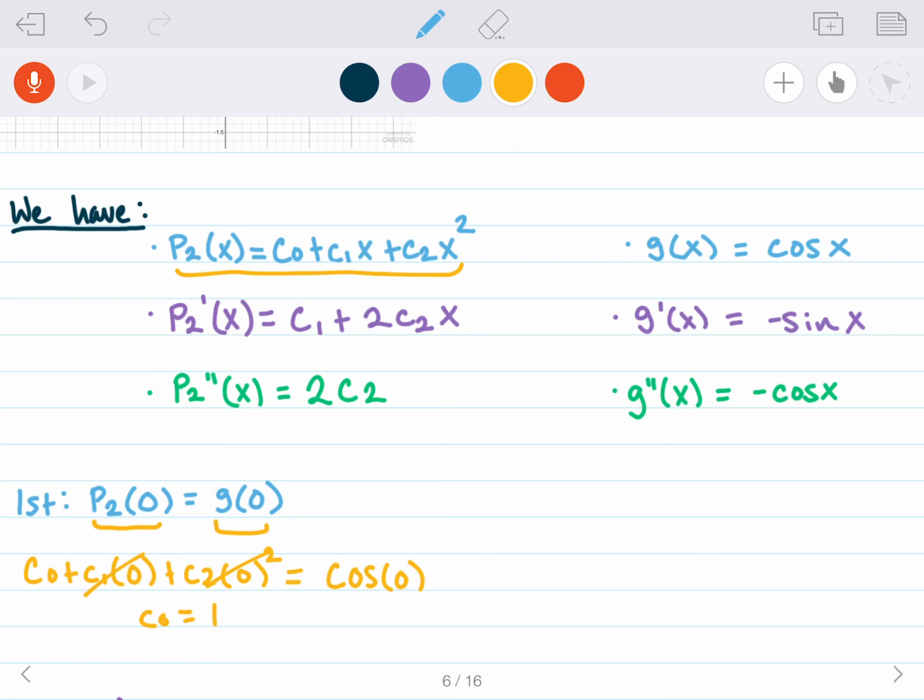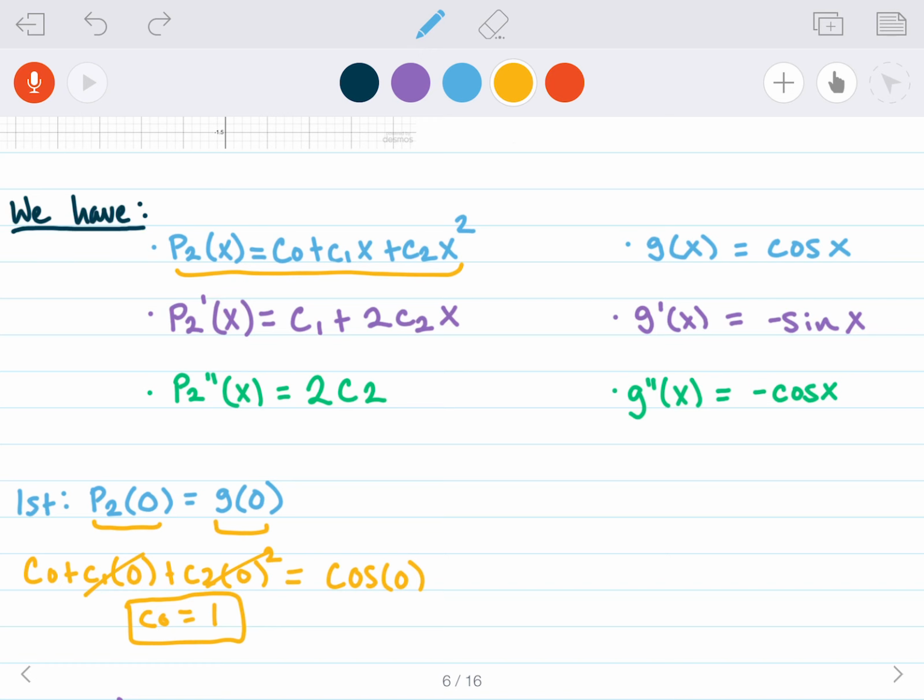1. Let me double check my work on this, because, yeah, that tracks. Okay, good. All right, cool. So we found the first coefficient in our quadratic. That's what we're trying to do. We're trying to figure out what these coefficients are so that we can